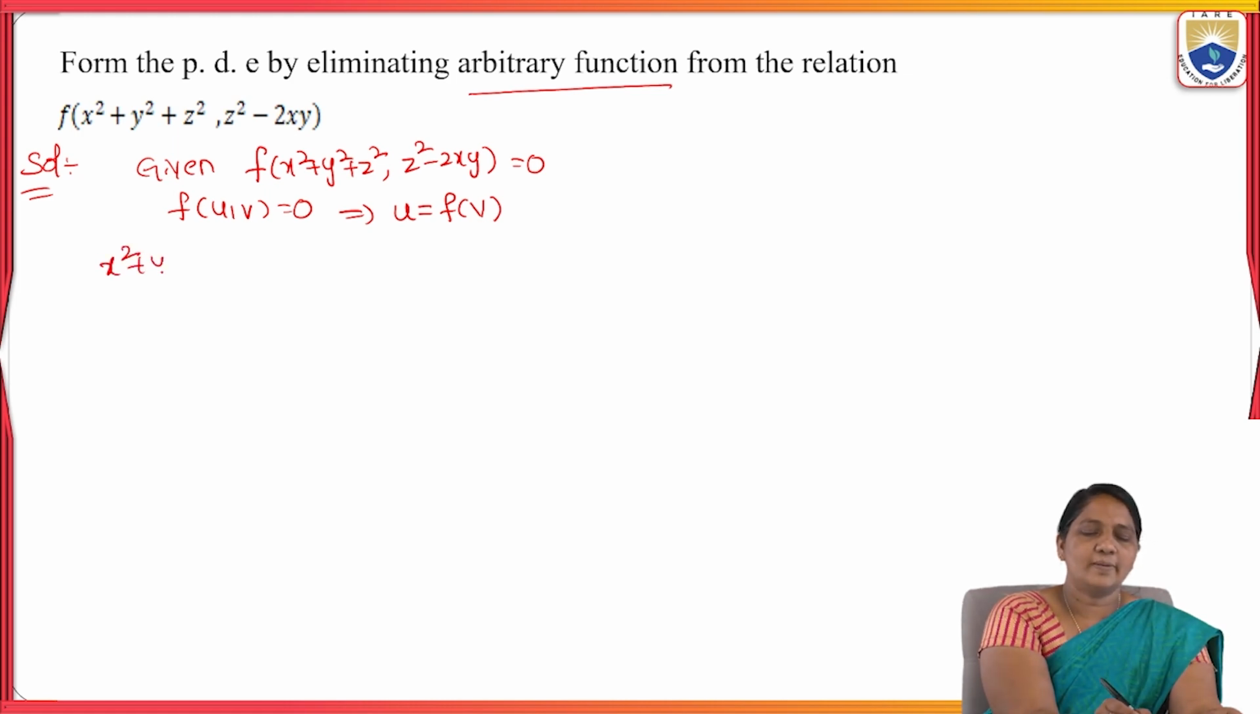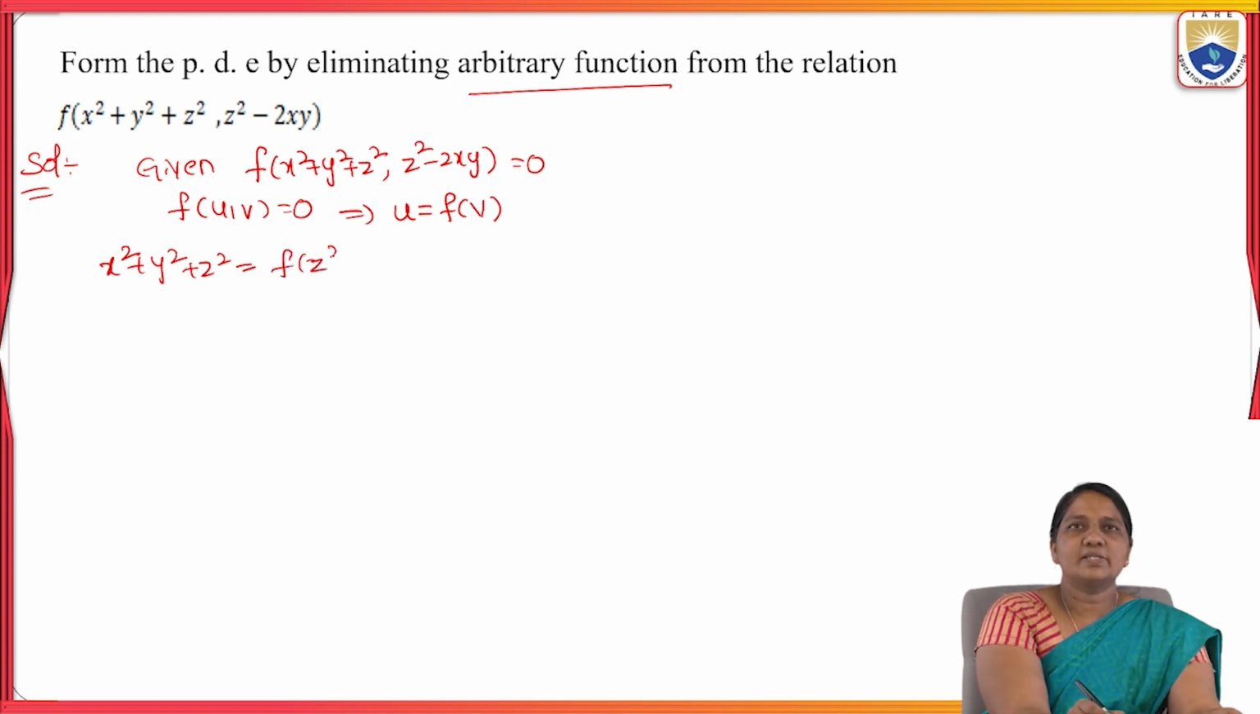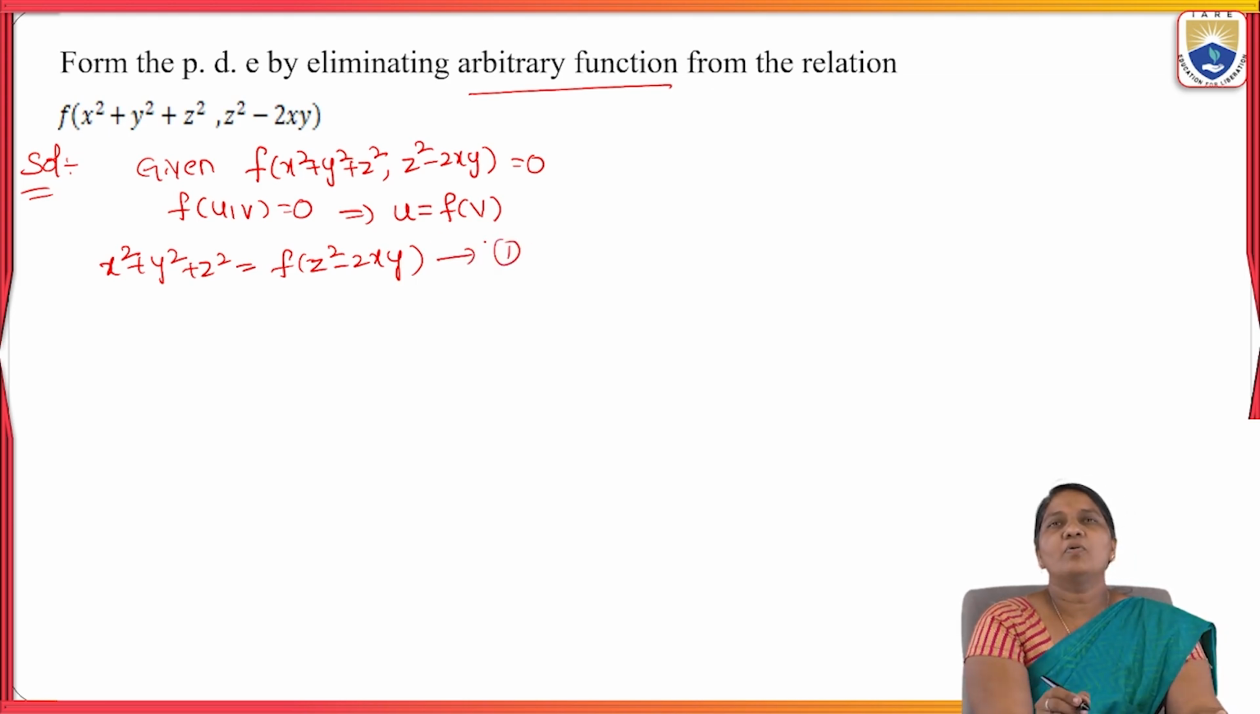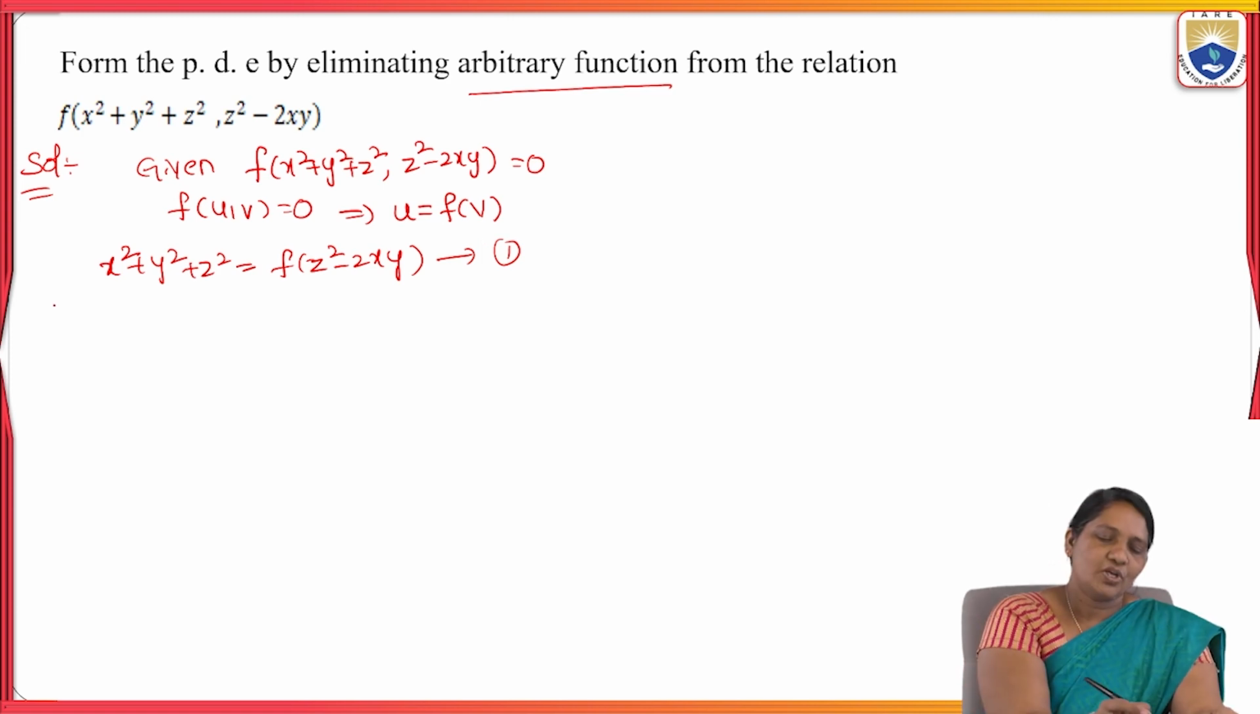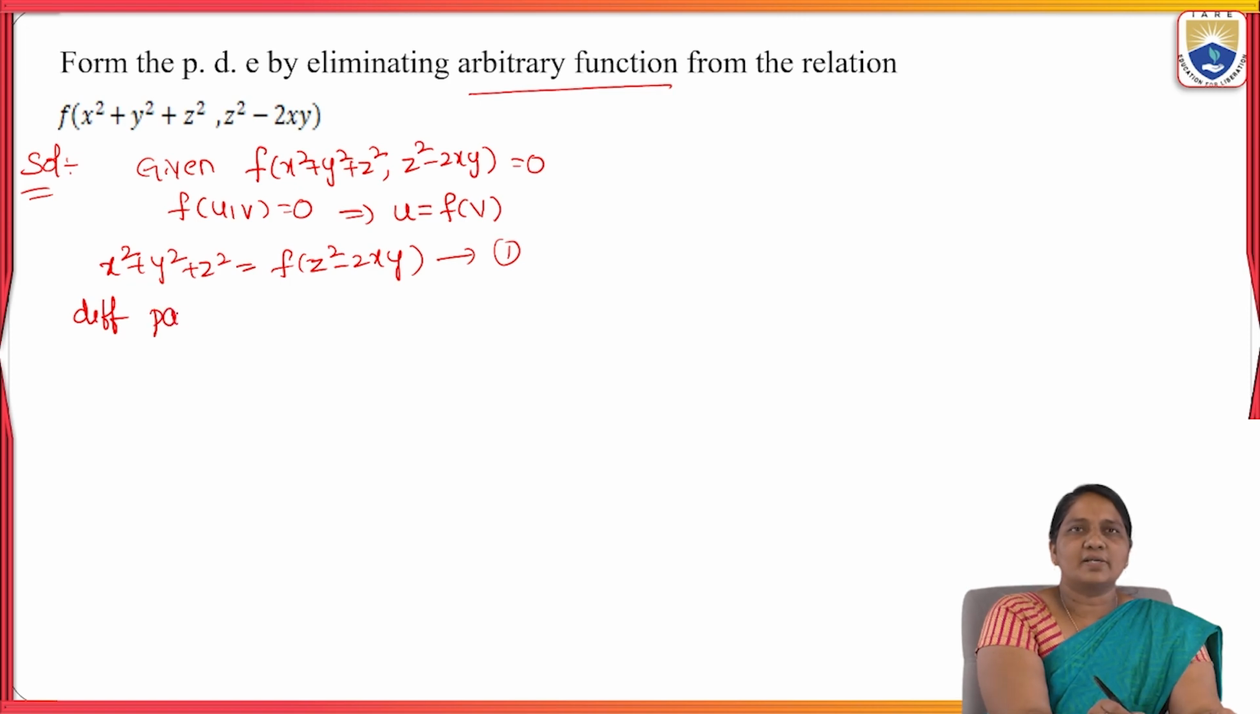x square plus y square plus z square is equal to f of z square minus 2xy. So this is equation 1. Now, what is the first step we have to do? Differentiate partially with respect to x. So that means here I am differentiating partially